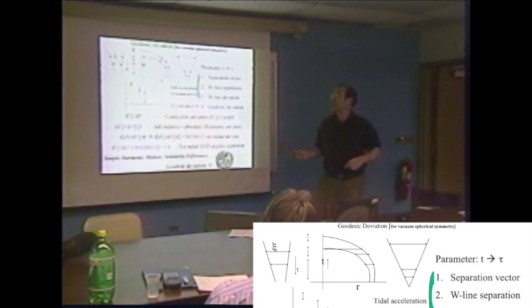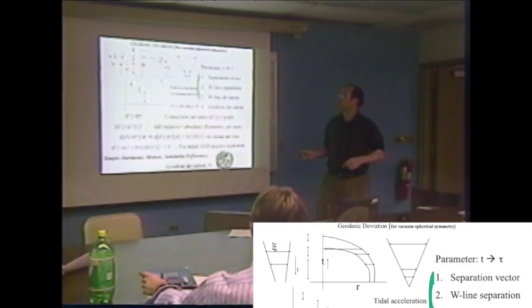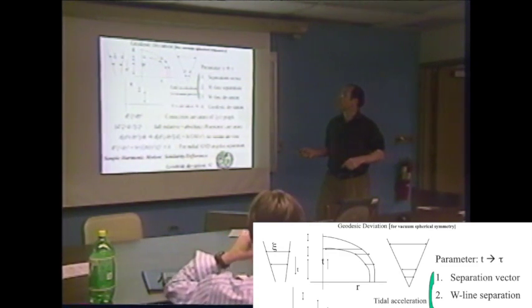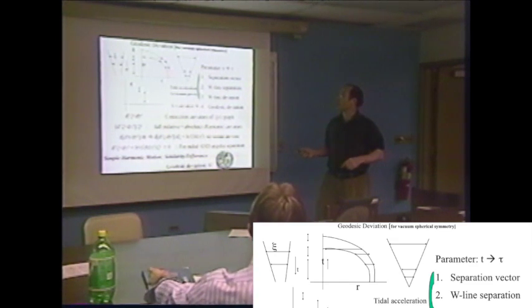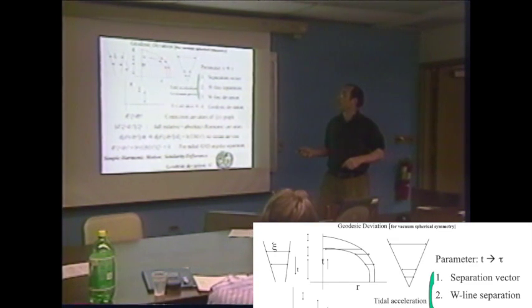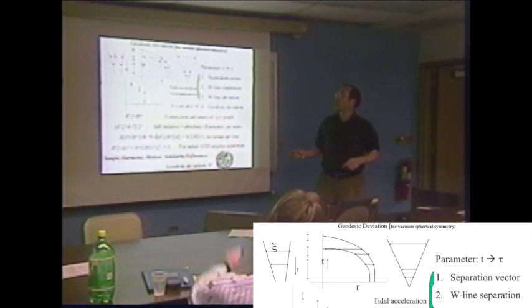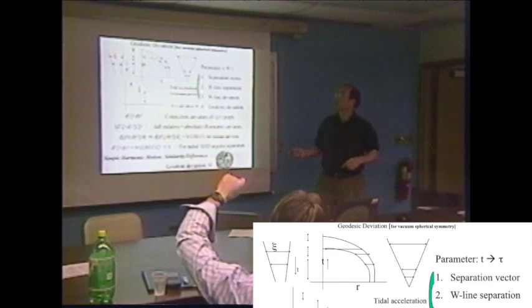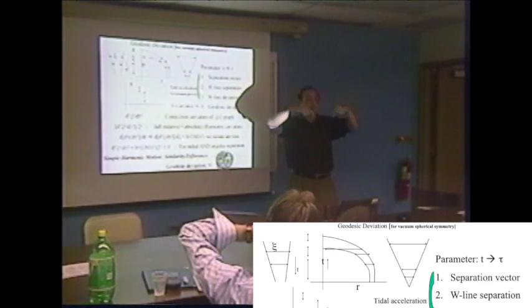Why? Basically, at each moment in time, let's say at this moment in time, one particle is here at this point in R, another particle is here at this point in R. This is the R separation between them. Don't be misled by this diagram to think that this is a separation like this. Here we have a separation of angle.